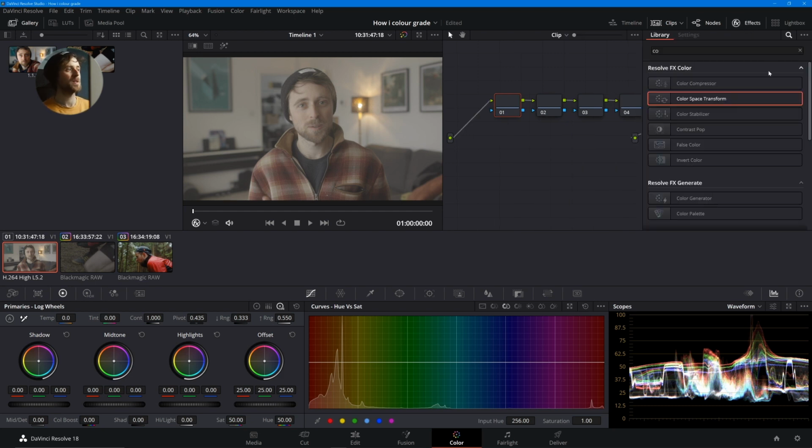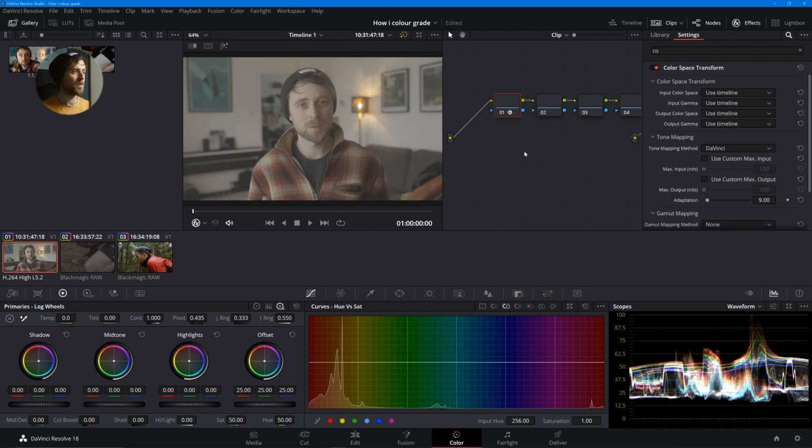So the very first thing we need to do is add color space transform. If you think of it as a sandwich, all the changes we make are like the filling. So any color grading decisions we actually want to make ourselves, we might want to add lettuce, we might want to add ketchup, but we always want to have 2 things either side. We want to have bread and a bit of butter. So we have bread, butter, all of our fillings, butter, bread. So on the first and the last